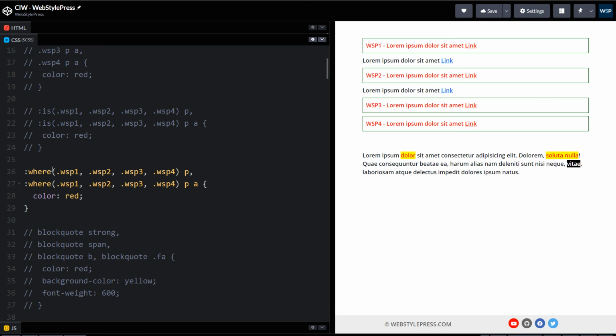By definition, the :is and :where pseudo-class functions take a selector list as their argument and select any element that can be selected by one of the selectors in the list. This is useful for writing large selectors in a more compact form.